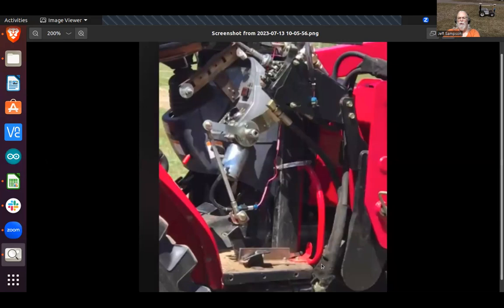Maybe put one in the middle, and maybe put one right close to that round thing, whatever that is. But that will help a lot because the motor will have to turn further to do the same amount. So that's going to help out quite a bit just doing that. Okay.